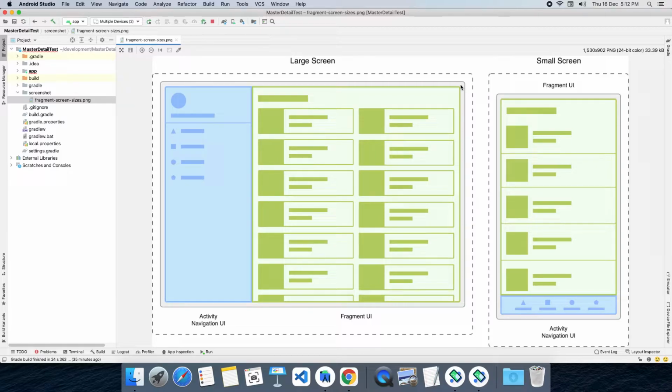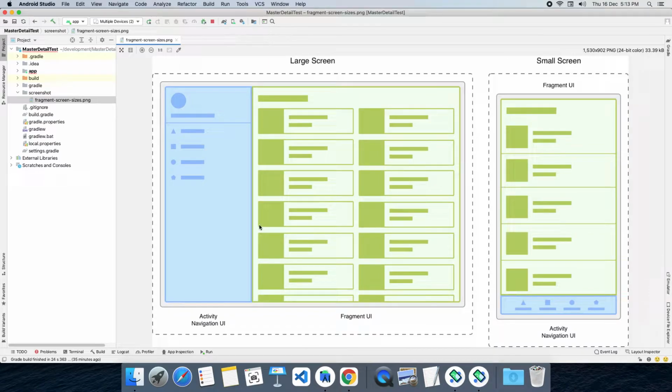So they came up with the concept of a fragment. They planned to avoid those empty screens on large screen size devices like tablets, using fragments. Because, as we discussed, a fragment can take up a small container, and that container is a part of the activity, a part of the UI. So on this large screen device, on the left hand side I placed one fragment, on the right hand side I placed another fragment. So empty space is not there. At a time I can give both fragments to the user and the user can interact with them.